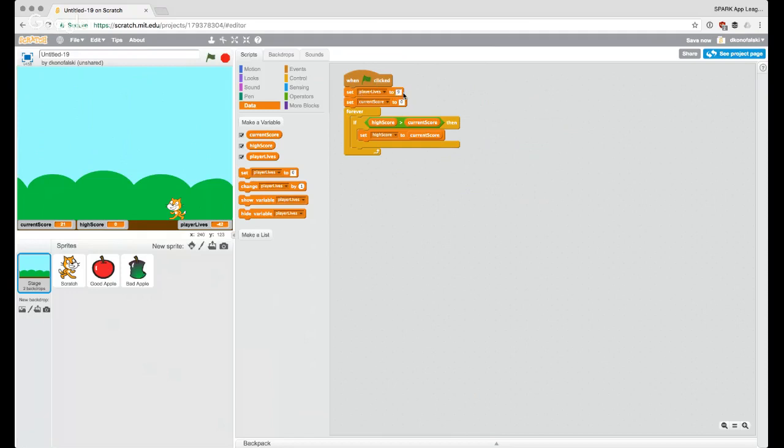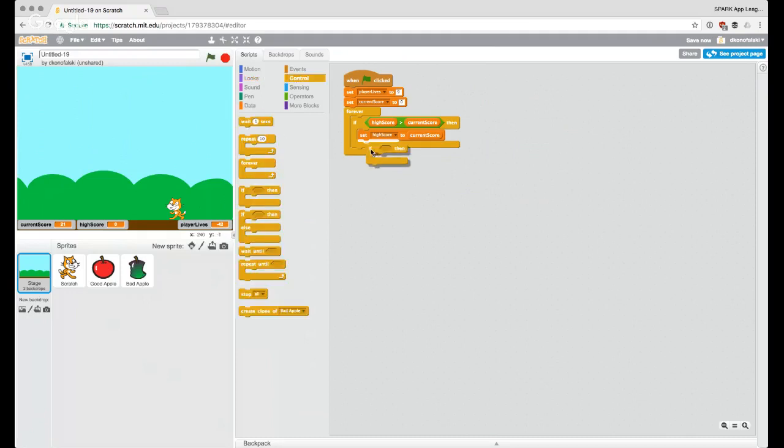Okay, so when we click the green flag, our players' lives go back up to 9. Our current score is 0. Our high score, current score, then set the high score to current score. The last piece that you may want to add in here is within this forever loop, you may also want to check if the players' lives drop to 0. And then if they do, you may want to put in like a you lose message or something like that. You can put in a control here that says